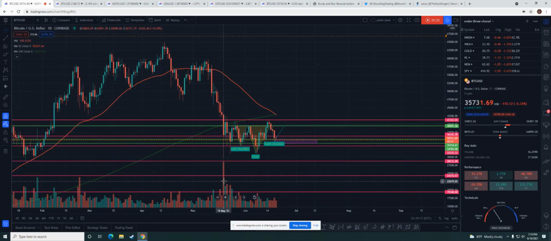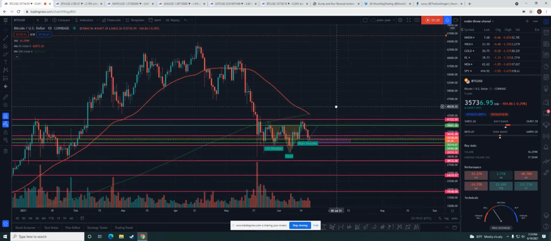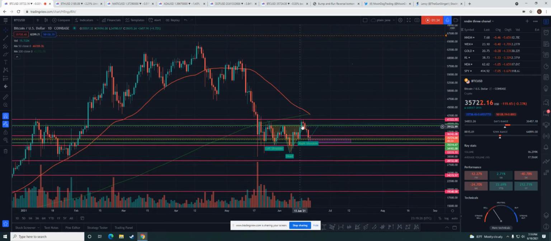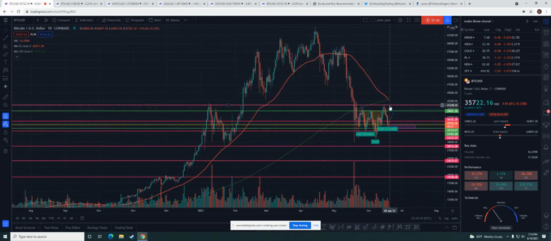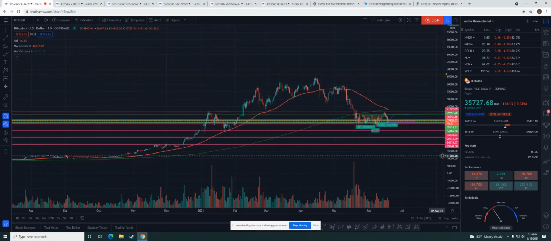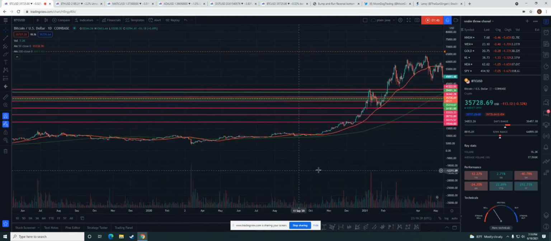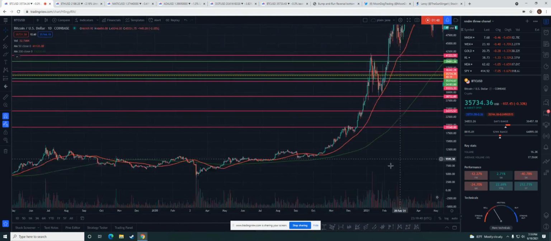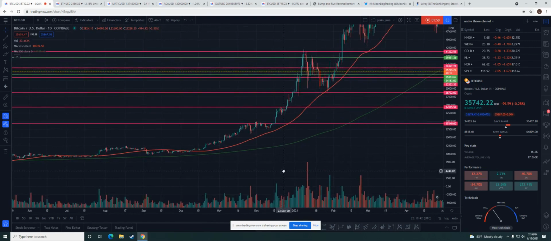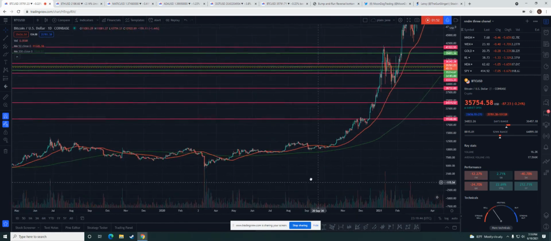Plus, what I'm about to show you is very important, I think. I think that if this breaks, we have a potential for a bump and run reversal. Now, I'm going to show you the patterns and what I mean by that. So if you look here in the background, we're going to go back and backtest. It's called backtesting.